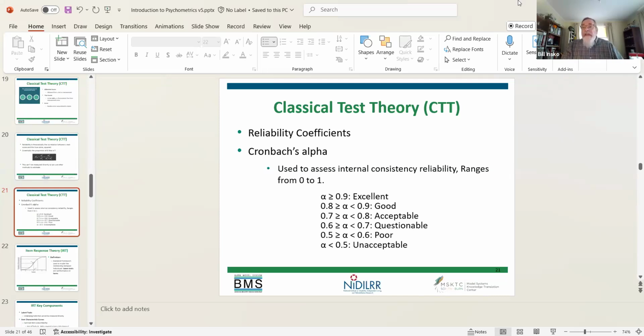If I have a test that doesn't really have high stakes involved, you're not making a decision per se about someone's healthcare or someone's promotion to another grade, 0.8, 0.9 is probably good enough. 0.7 to 0.8 is probably good enough for a subtest, or subpart of an assessment, which isn't going to